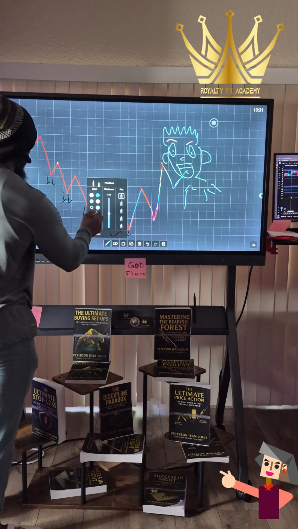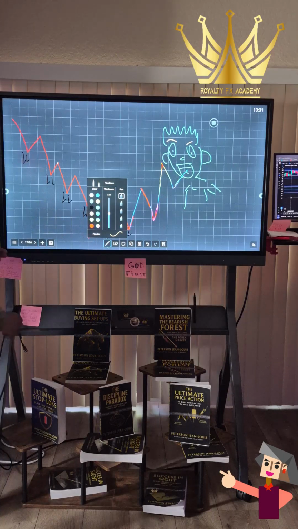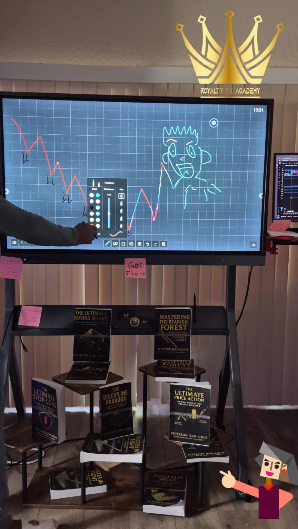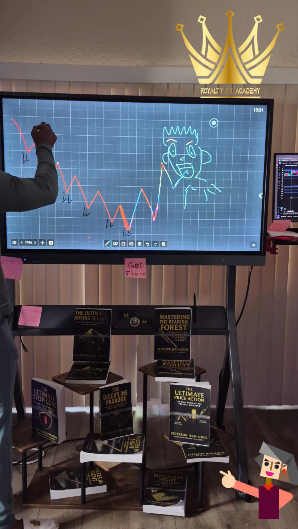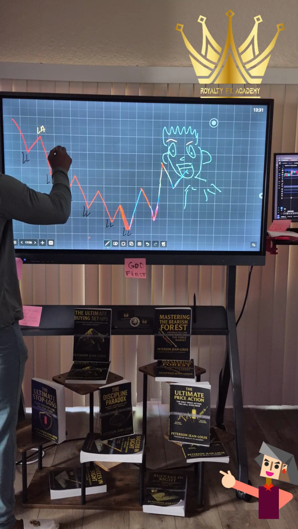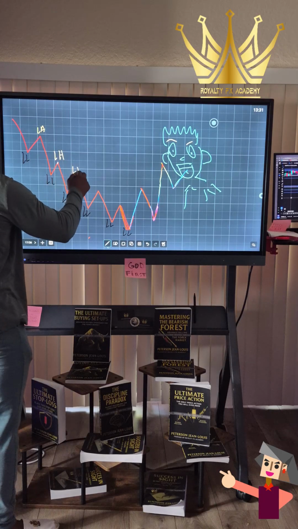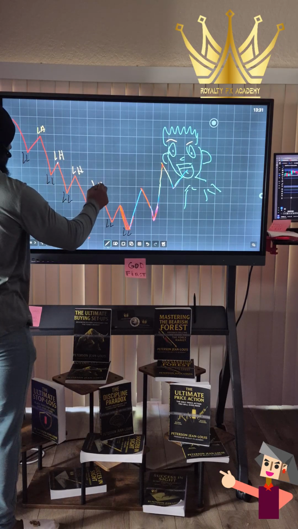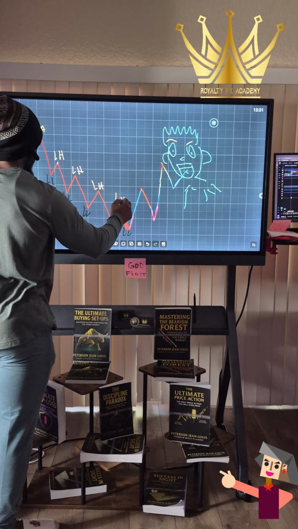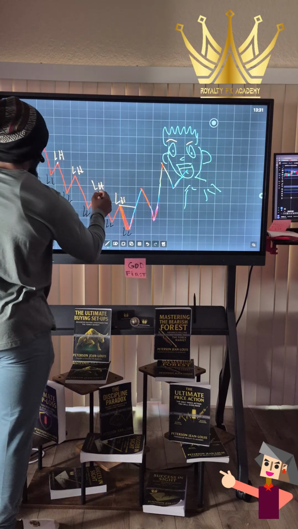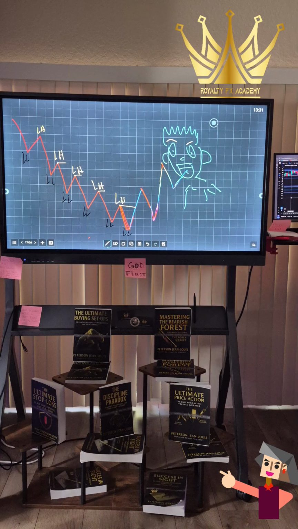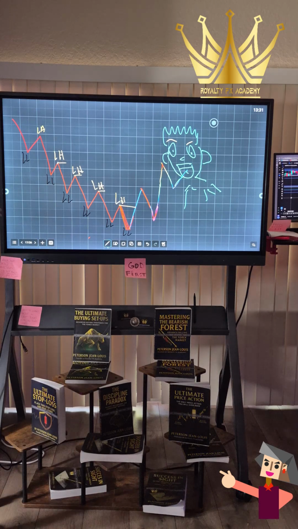And also in a bearish trend, your highs are lower highs, right? Why? Because each high is getting lower than the previous high. See that? Boom. All right, see that? Straight to the point, easy structure.